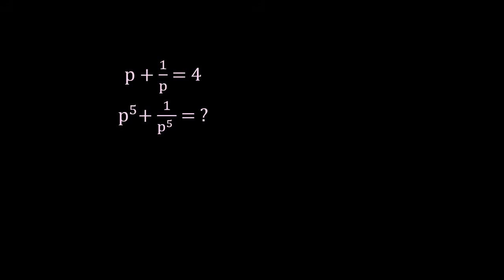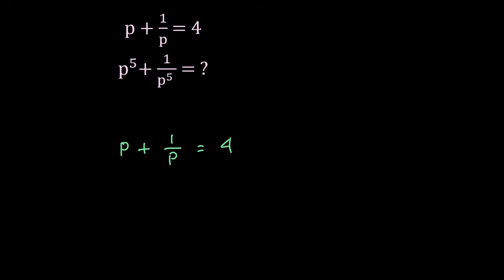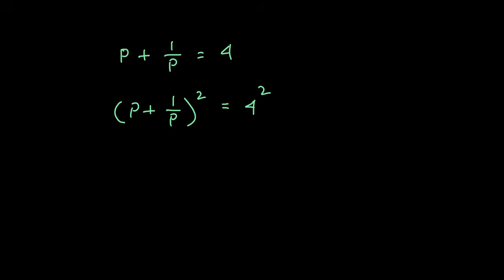In this video, we'll find the value of an algebraic expression. The given value is p plus 1 by p equals 4. From here, we can square both sides and we can have p plus 1 by p whole square equals 4 square. We can apply a plus b whole square rules and we can write